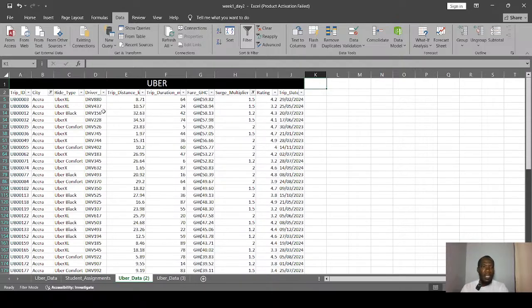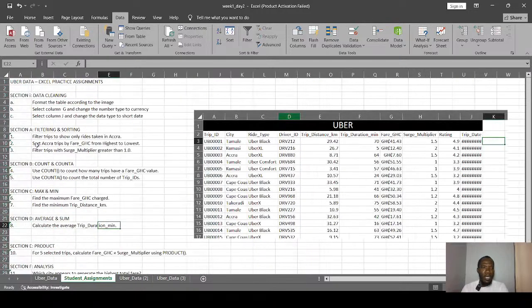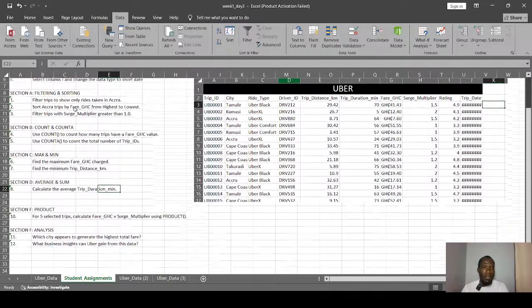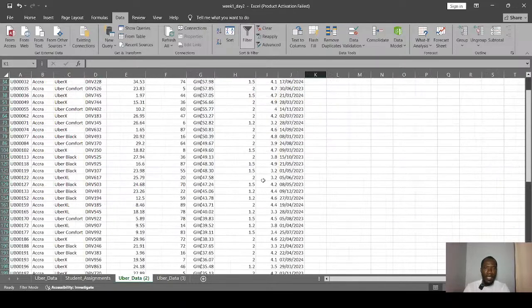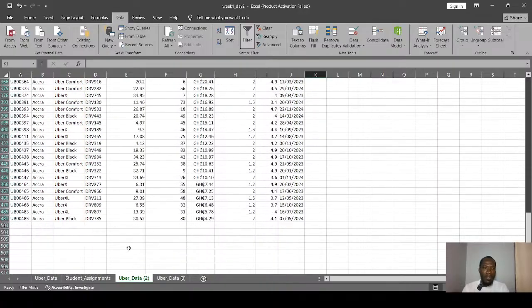But the mistake some of us are making here is that we are filtering, and after we filter, we continue to try to answer the rest of the questions, and we always get wrong answers because most of the data is gone.